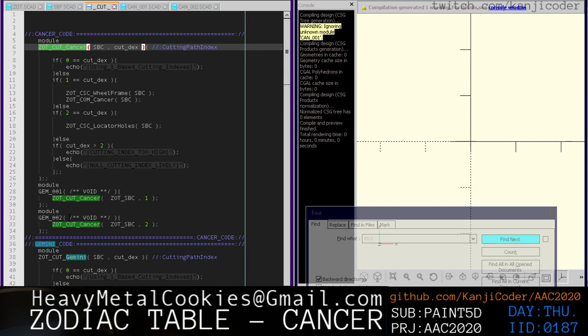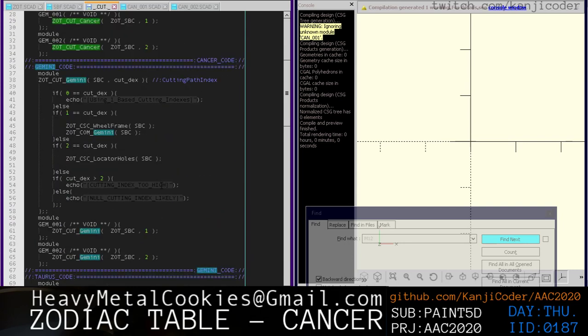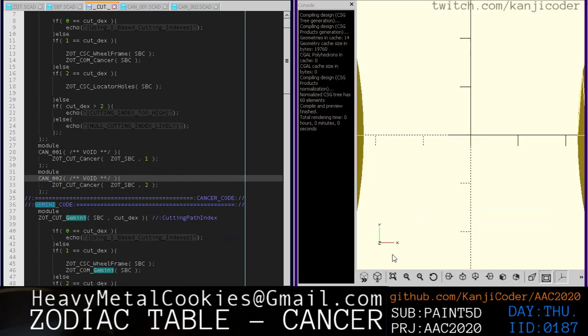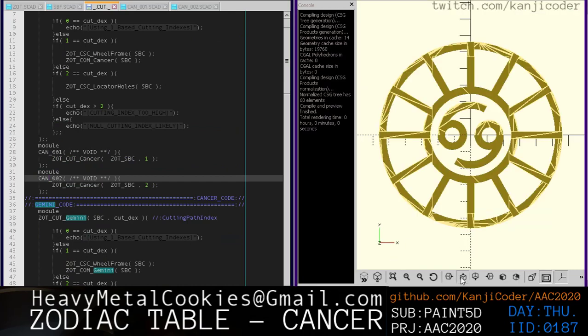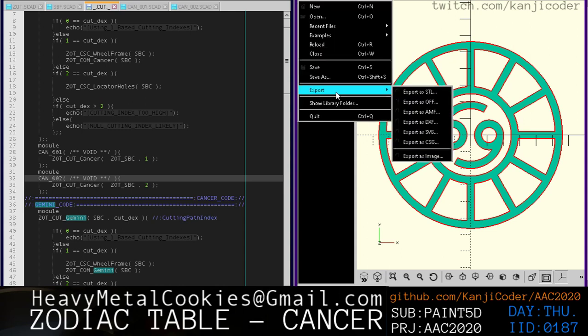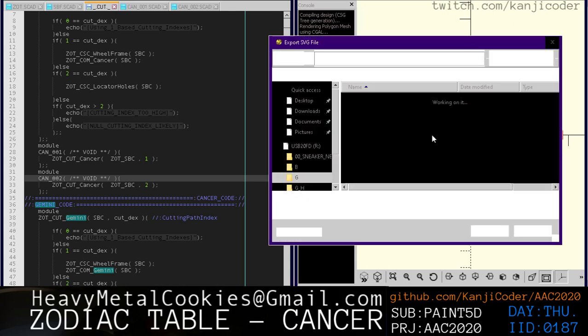Oh, ZOT cut cancer. Is that the same? Oh, because this needs to be refactored. CAN, this needs to be CAN, and this needs to be CAN, right? That was GEM for Gemini. That is wrong. Okay, so now zoom extents and render that,